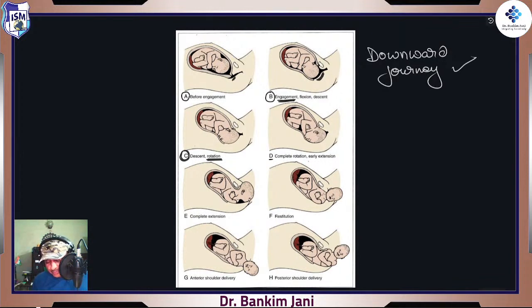Here it is, see, there is complete rotation. Why the complete rotation? Because the idea is that once the head is out, that shoulder is to come out, right? So there is early extension and then complete extension. See, the head is now extended. Here it was flexed, here it is extended. And as it is extended, that rotation continues, and this is what is called the